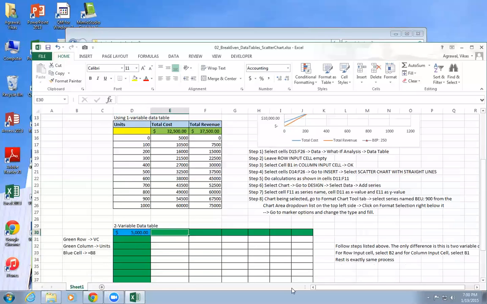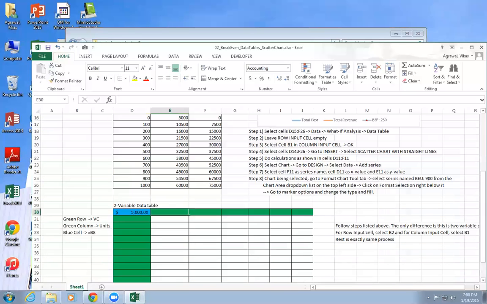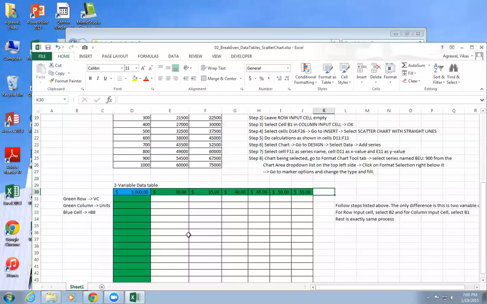Here let's say I want to vary my variable cost. So variable cost I can vary from, let's say, 30, 35, 40, 45, 50, 55. Remember this green input variables, we are hard coding them, they are not references.